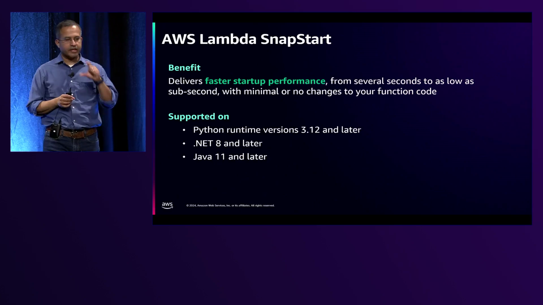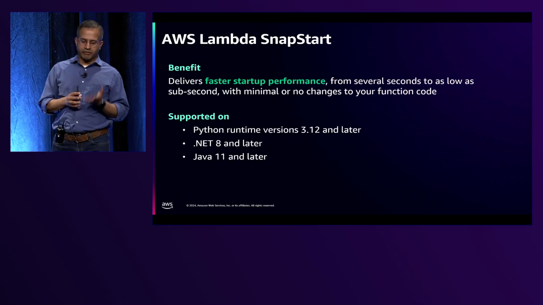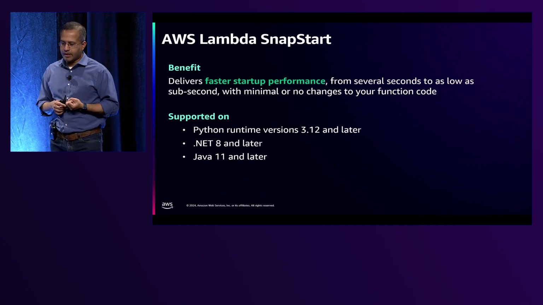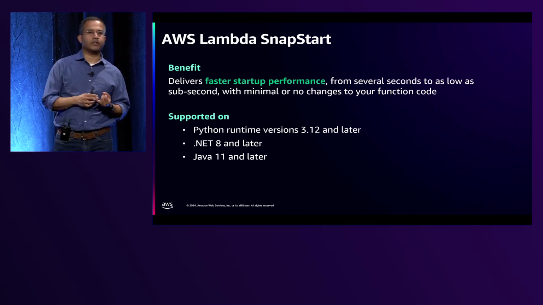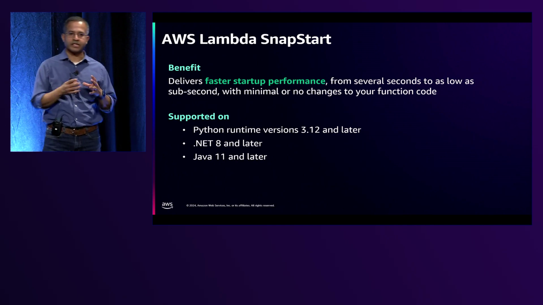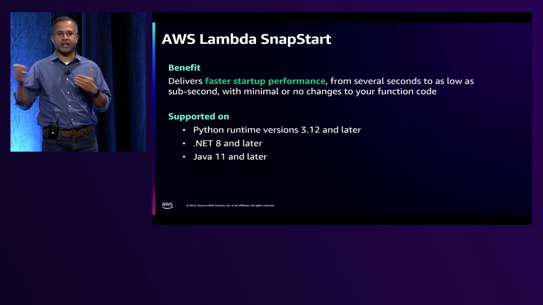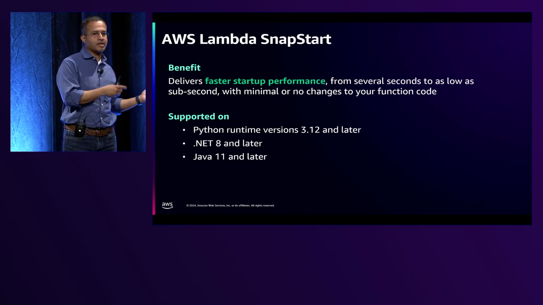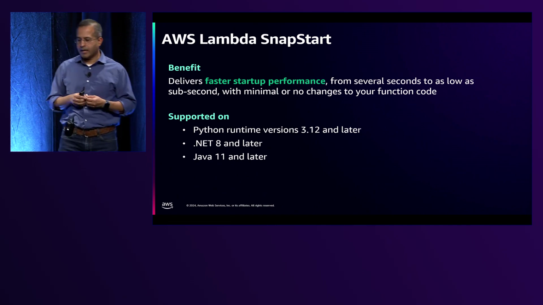But even within Python, what we have observed is there are a couple of frameworks. If the apps are using frameworks like Flask, Django, LangChain, that's where we see that cold starts can vary from 2 to 5 seconds, and with SnapStart we see that latency go down to sub-second. Secondly,